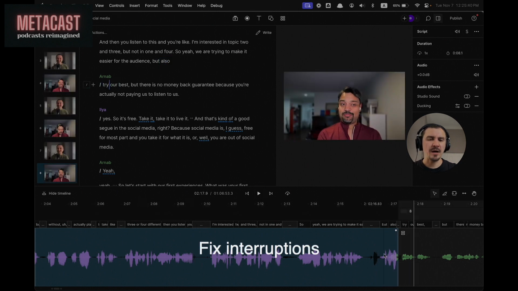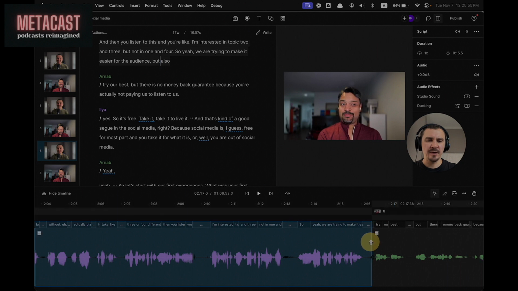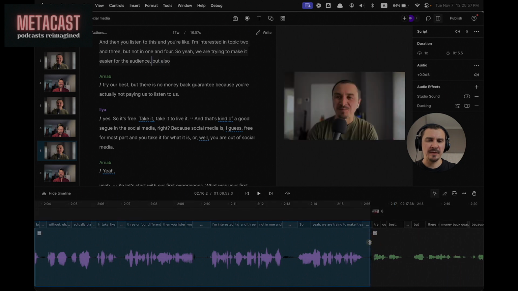Okay, so here Arnab interrupted me, and you can see here the green overlaps with purple, and you can't easily edit it here because I want to keep his stuff but remove mine. So if I do this, then that so is gone. So what I'll do instead, I just did the undo by pressing Command Z and then double click on this sequence,